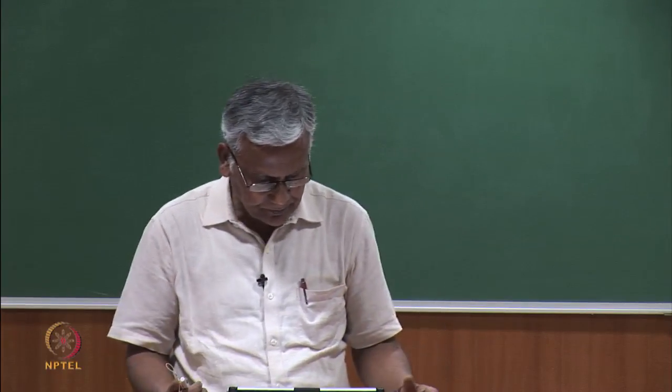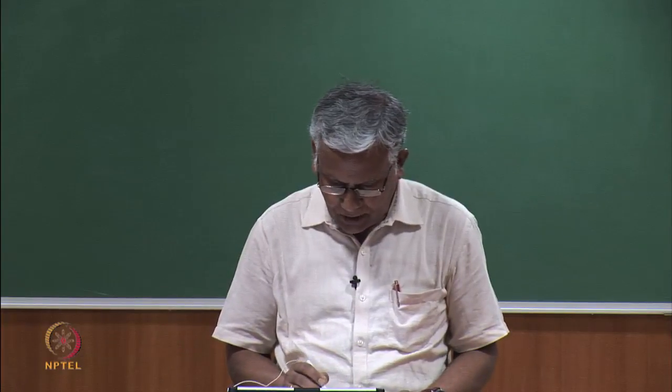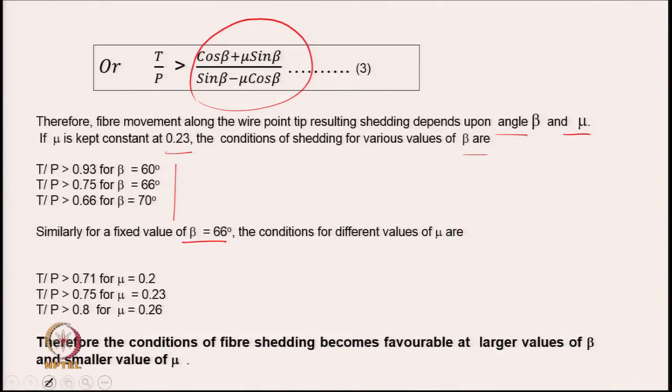If we keep a fixed value of beta and change the friction for 3 different frictions, the corresponding data of T by P is given. So, as we increase the friction from 0.2 to 0.26, the condition of shedding will be that T by P has to be more than 0.8. Therefore, the condition of fiber shedding becomes favorable at larger values of beta and at smaller values of mu,